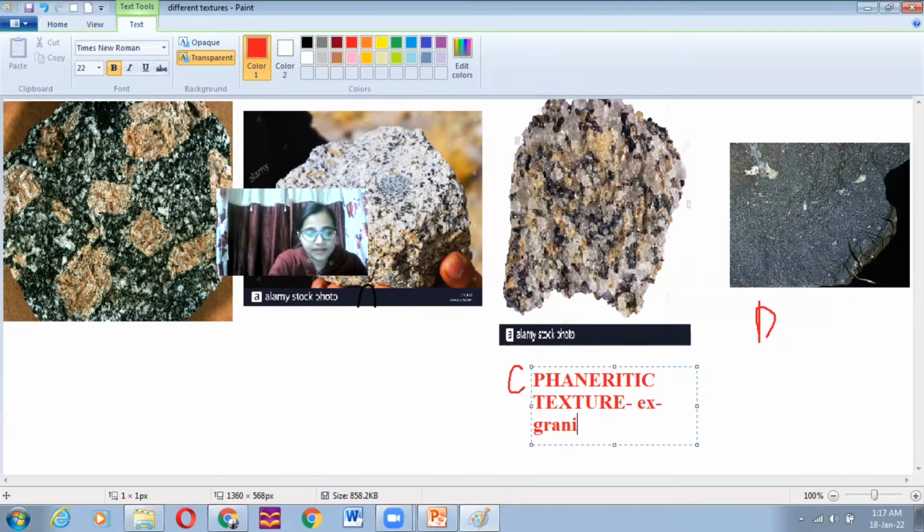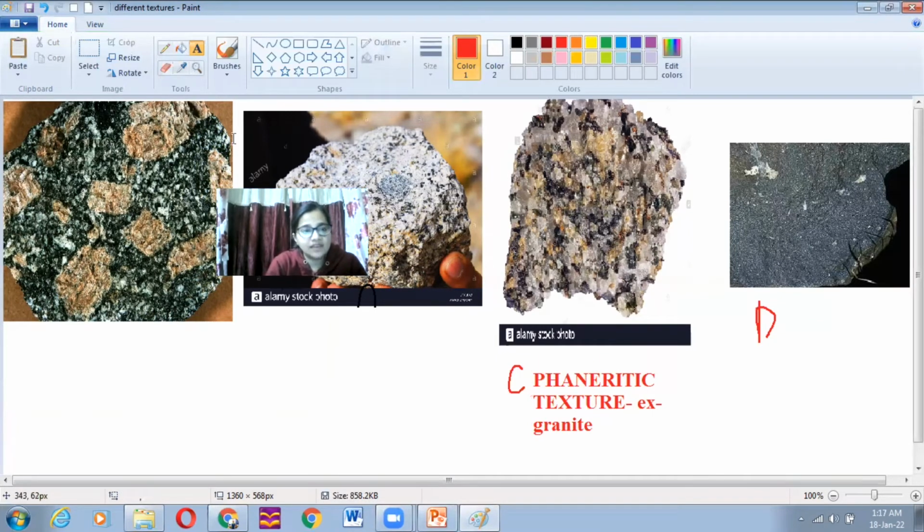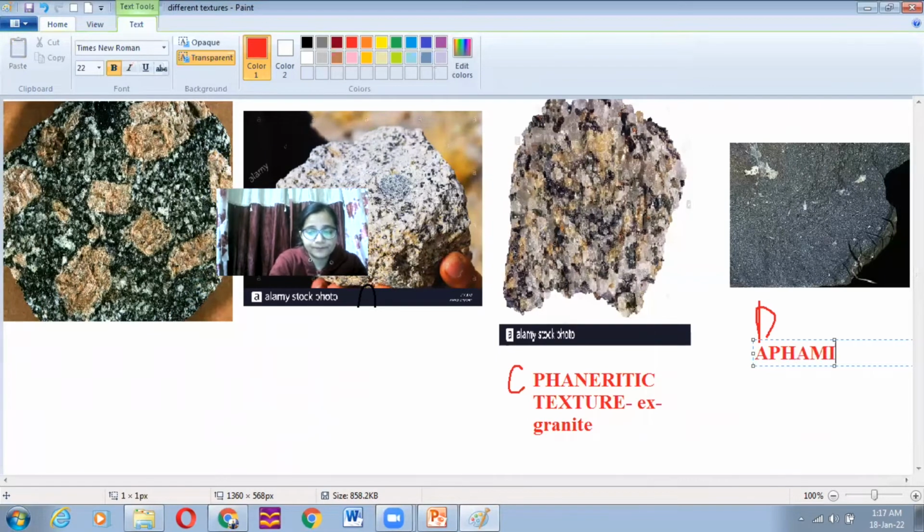Example है आपका ग्रेनाइट। और डी वाला में आप देख सकते हैं कि एकदम स्मूथ टेक्सचर है, एकदम खसखस वाला पार्ट फीलिंग भी नहीं आएगा जब आप उसको हाथ में पकड़ोगे। तो डी वाला में उसको हम बोलते हैं एफोनाइटिक टेक्सचर। और क्यों हो रहा है, बिकॉज ये ऑब्वियसली एक ऐसी जगह पे होगा जहां पे लावा जल्दी सॉलिडिफाई करेगा, क्रिस्टल ज्यादा मूव नहीं करेंगे, रिडक्शन इन साइज हो जाएगा, तो उसका एक स्मूथ टेक्सचर आएगा। अभी हमने पढ़ा कि वो एक्सट्रूसिव इग्नियस रॉक्स में होता है या फिर वोल्केनिक रॉक्स में होता है, जिसका क्लासिक एग्जांपल है बसॉल्ट।